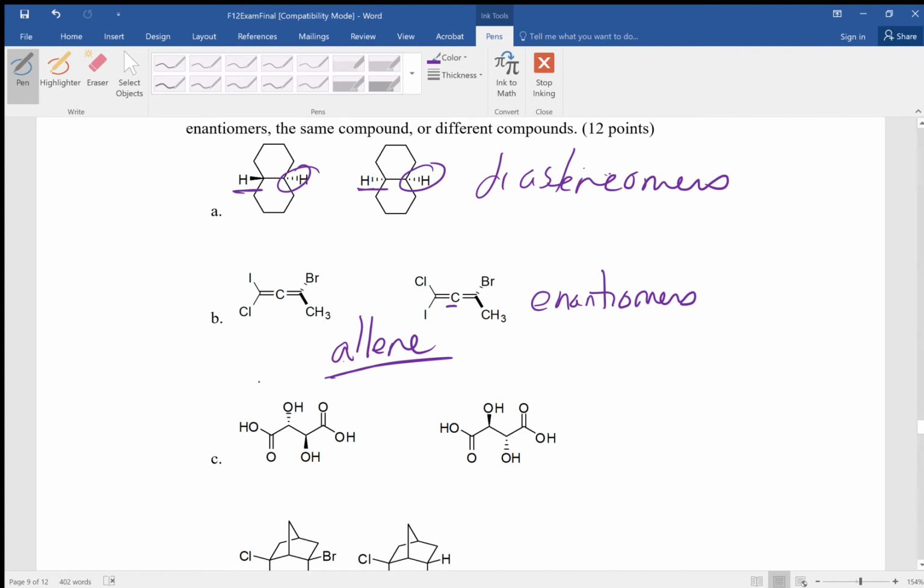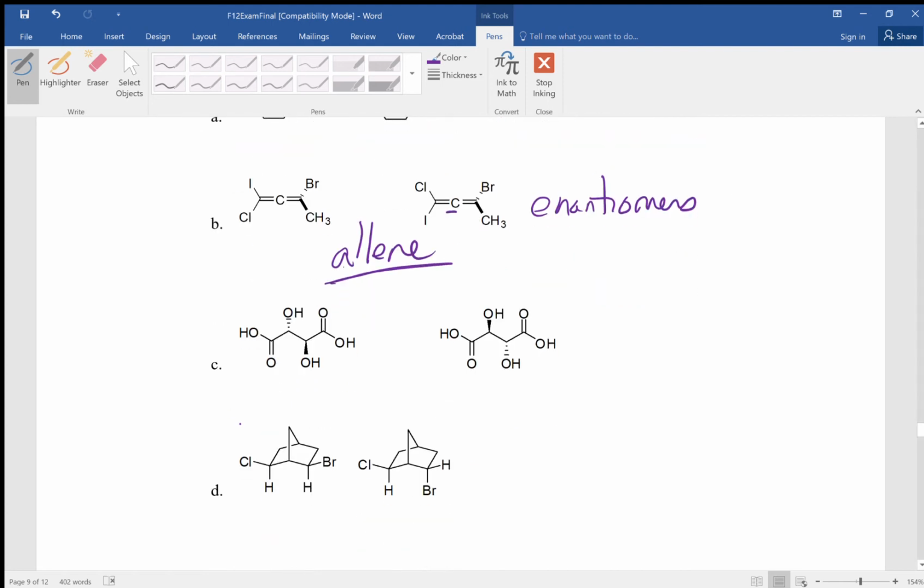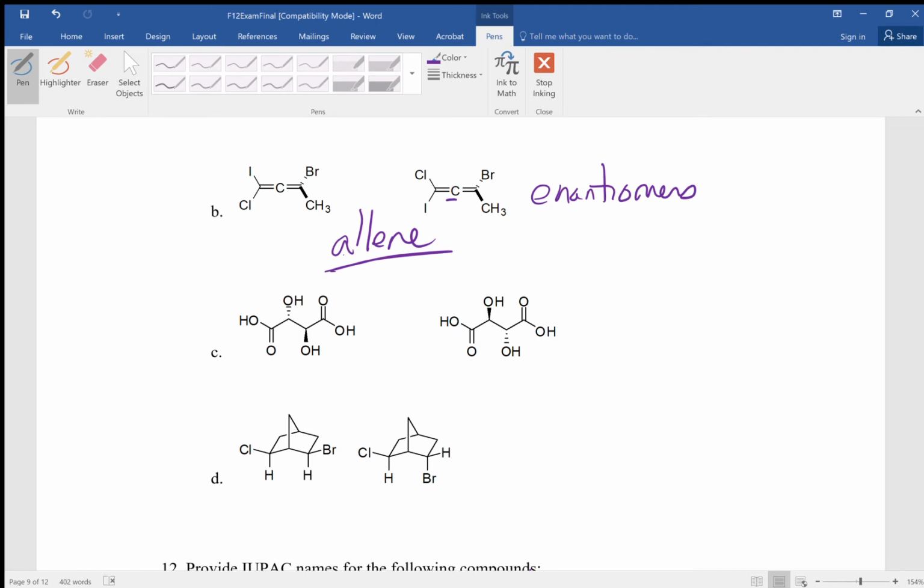In part C, we have what may look to us to be enantiomers, because in this case we have flipped both chiral centers. But in both of these molecules, we have an internal plane of symmetry. And you can see that if you rotate this molecule about that carbon-carbon bond in the middle,